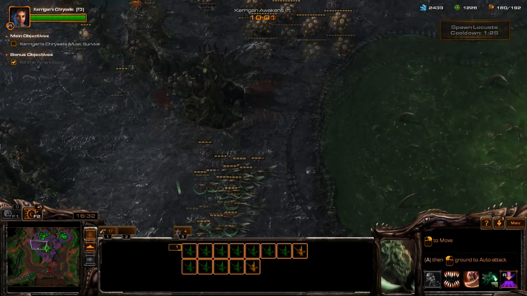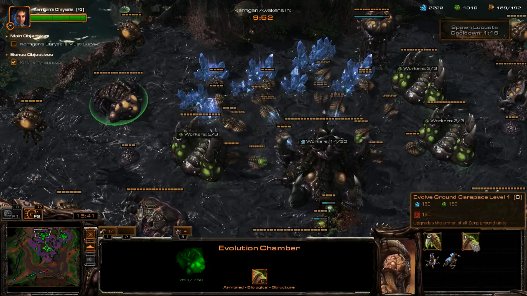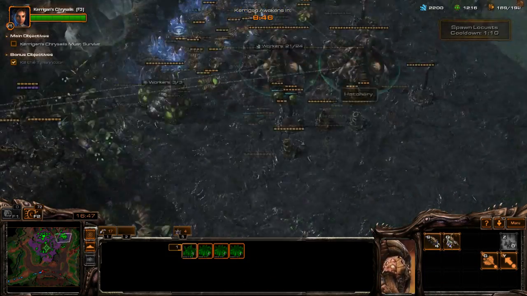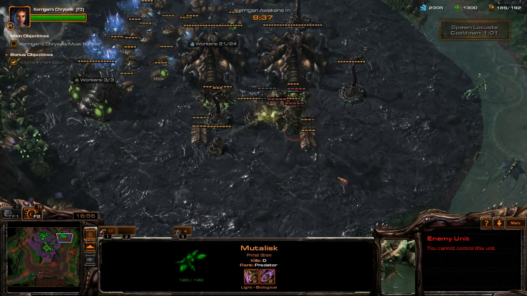So what you're going to want to do with these Mutalisks, and this is actually rather important. You'll notice my Mutalisks down there on the number 1 key. That is because I bound them to my number 1 hotkey, same way I did with the hatcheries. You have your Mutalisk selected, you press Control and the number 1, and then every time you select the number 1, it will select all of your Mutalisks for you. This makes it a lot easier to